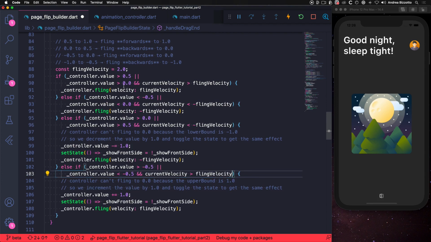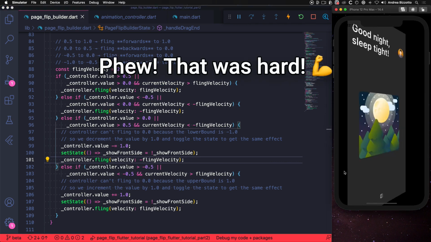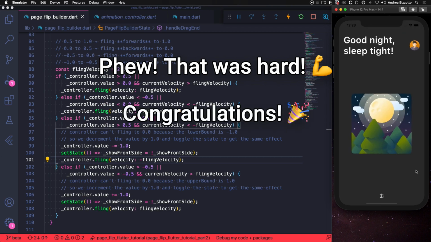So I'm not going to explain this line by line, but the main idea is to fling one way or the other based on both the controller's value and the current velocity. And with this in place, we can hot reload the app one last time and we can have some fun playing with it. So if you made it all the way to this point, then congratulations, you're a Flutter Animations Pro. Okay, so we have now completed our interactive page flip widget, and along the way we have learned how